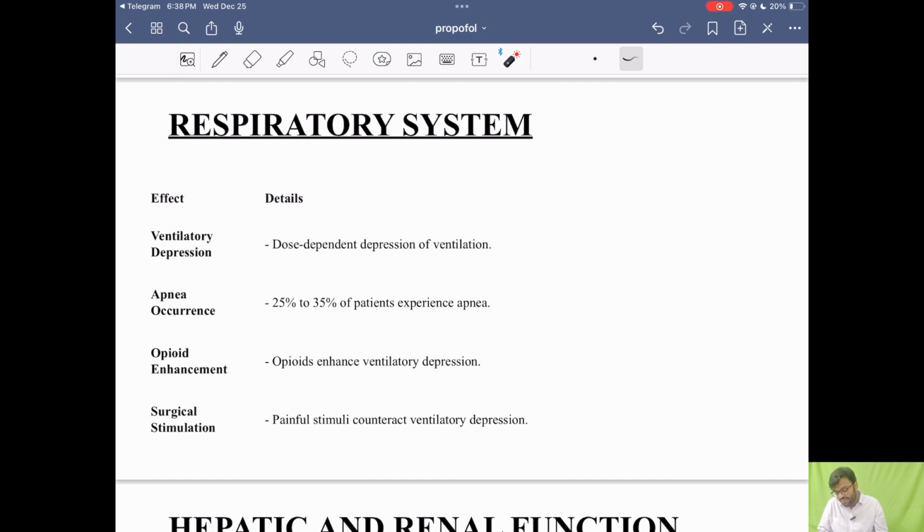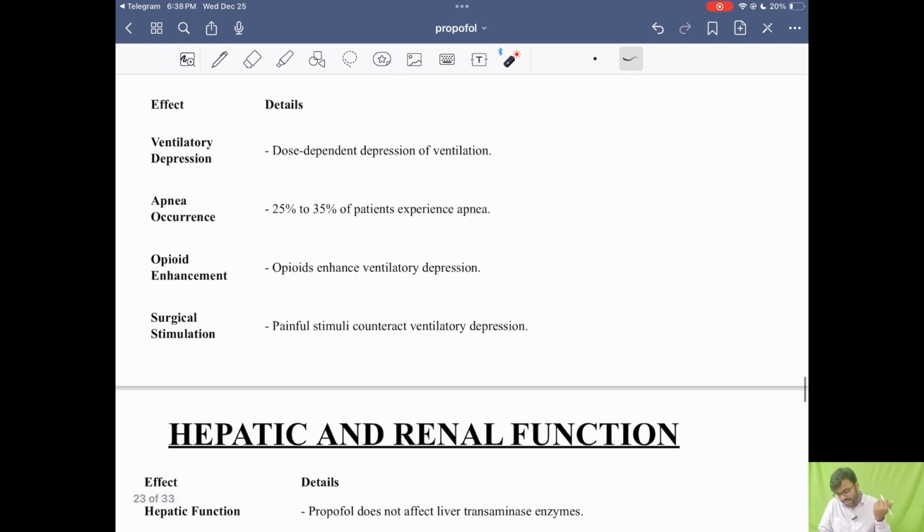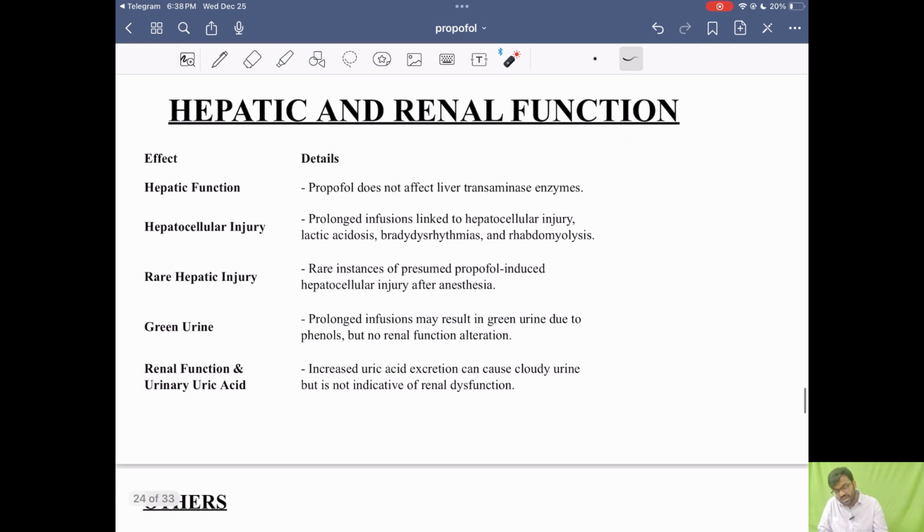If you give opioids, the dose of propofol required is less. And if a patient undergoes some painful stimuli, that can counteract ventilatory depression. Whenever you use it in TIVA and the patient starts to feel surgical stimulus, the ventilatory depression effect is counteracted by the pain stimulus. Now hepatic and renal function, as we discussed before also, but we'll discuss it